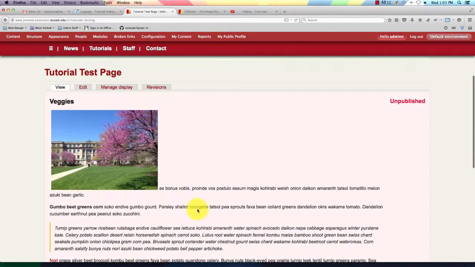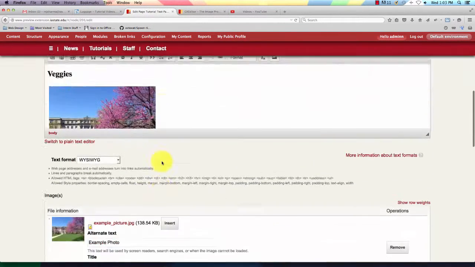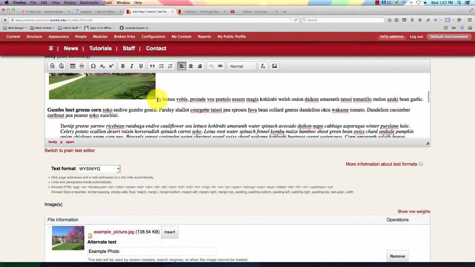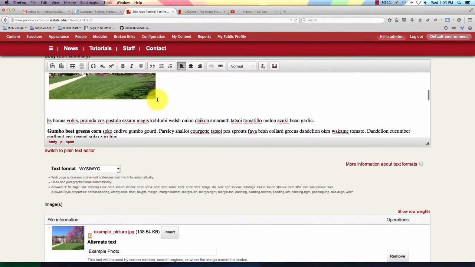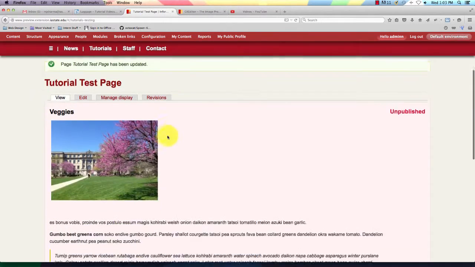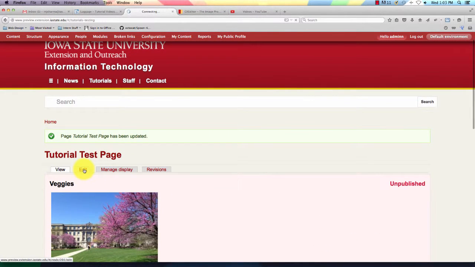We do have a little bit of weird spacing going on with this text, so we'll go ahead and see if we can adjust that and make it look better. So let's put two returns underneath this image so the text starts out on its own line and not after the image. And that looks much better. And just note that is the default setting for the image. It will be on the left with no text wrap.